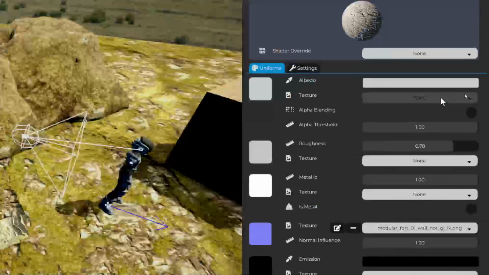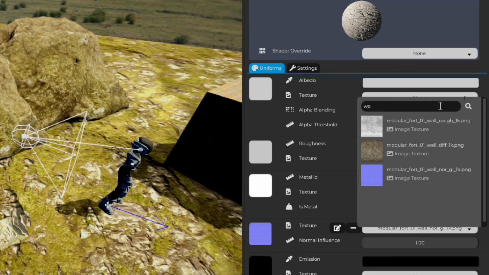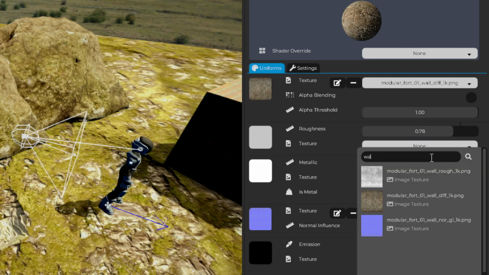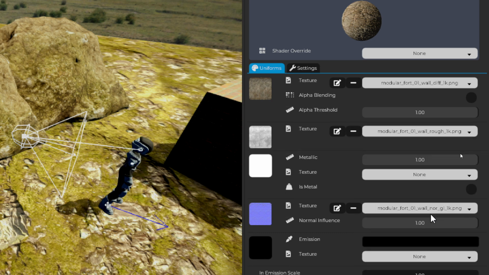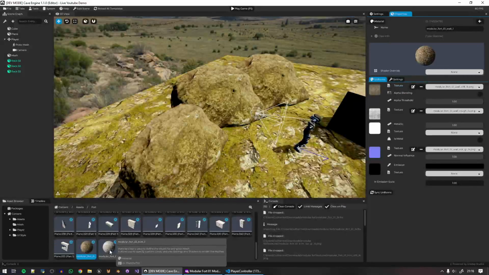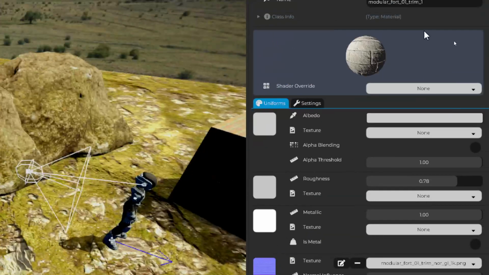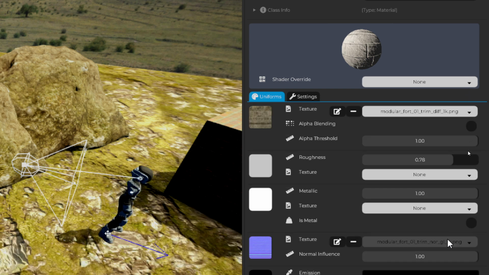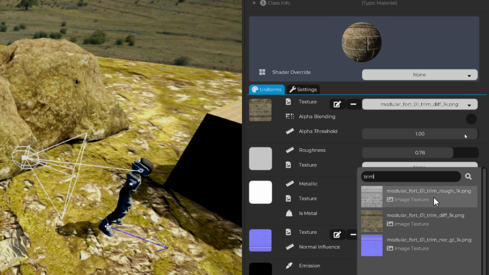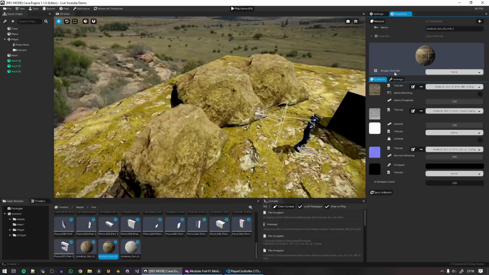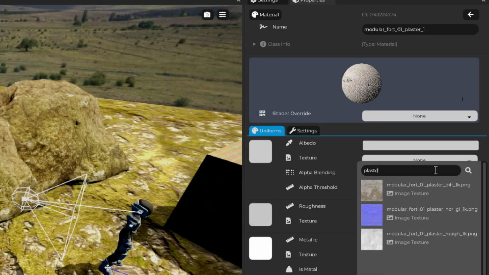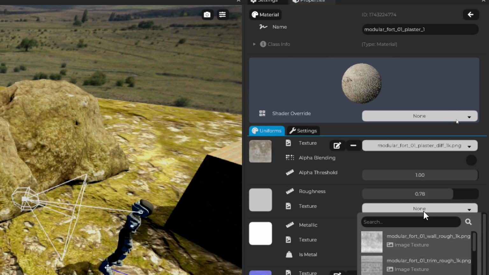So modular fort one wall. Oh, the names are very easy here to understand. Okay. Rough and normal map. So good. This is the first one. The second one is the trim. So if I type trim, I believe that it will work. Yeah, very good. And the last one is the plaster. Diffuse and the plaster